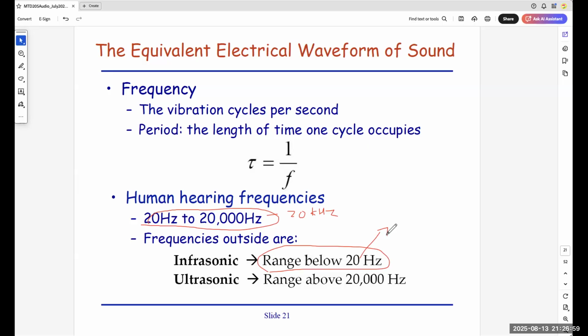Okay. So this is anything below 20 hertz, called infrasonic. This is how elephants talk to each other, and it can range in terms of kilometers. So the lower frequency you have, the longer range of communication. So an elephant can talk to another elephant a few kilometers away. But for you, you cannot.